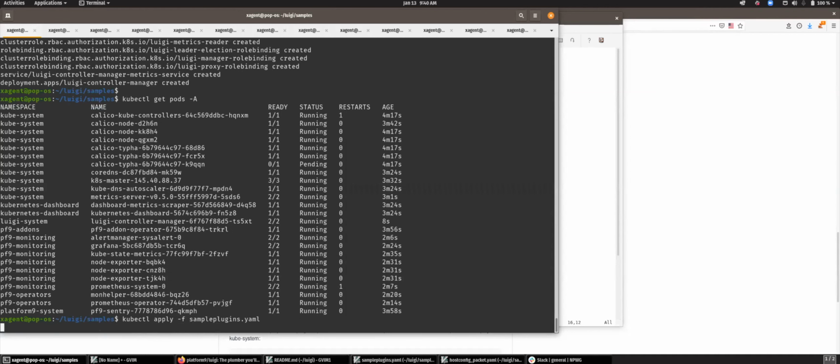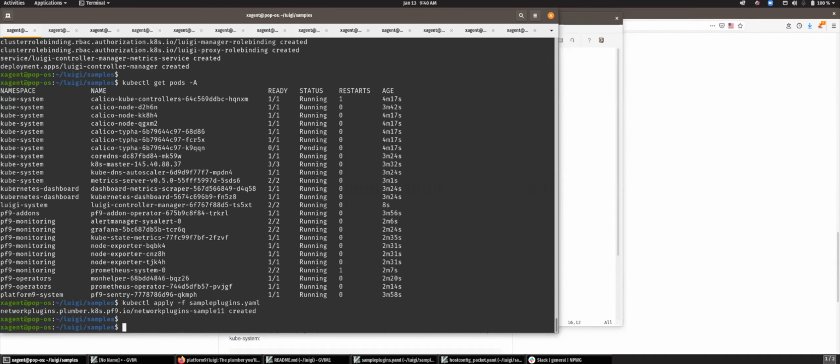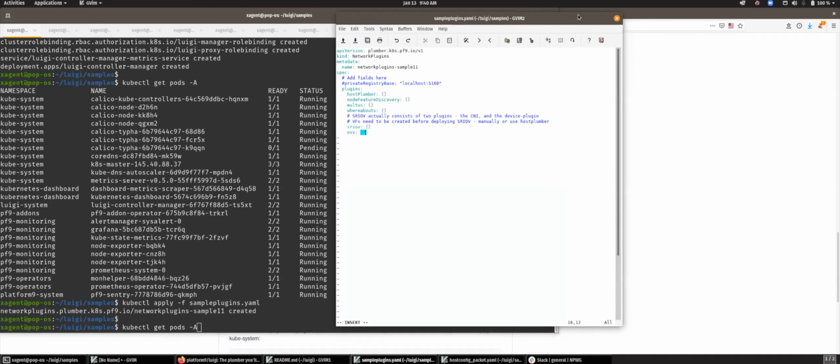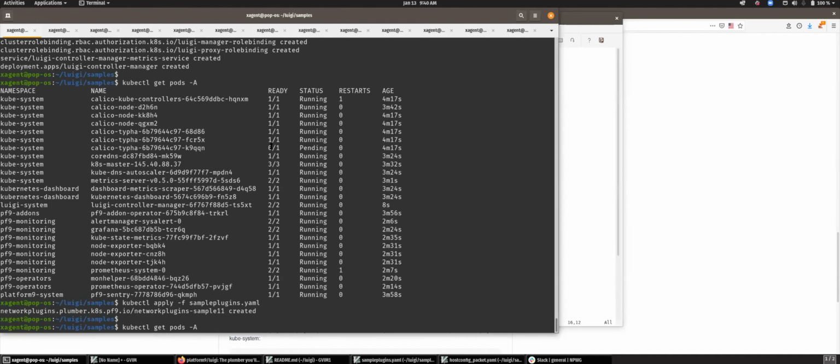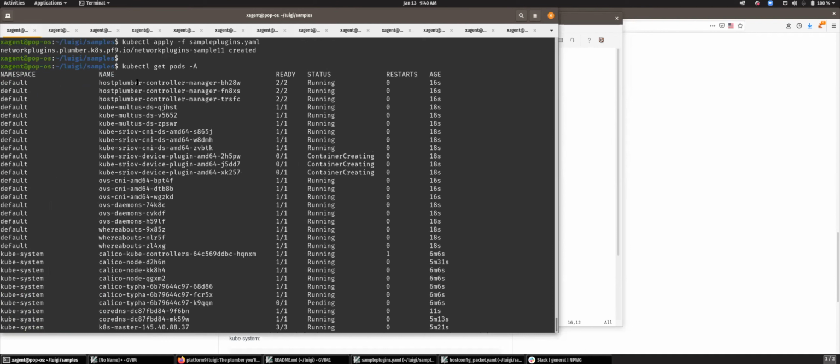All I have to do is create them. And I didn't specify any image overrides or namespace, so these should all be in the default namespace. So now you can see we have Hostnumber, we have Multus, we have SR-IOV, we have even OVS, we have OVS daemons, which is where Open vSwitch will actually run.